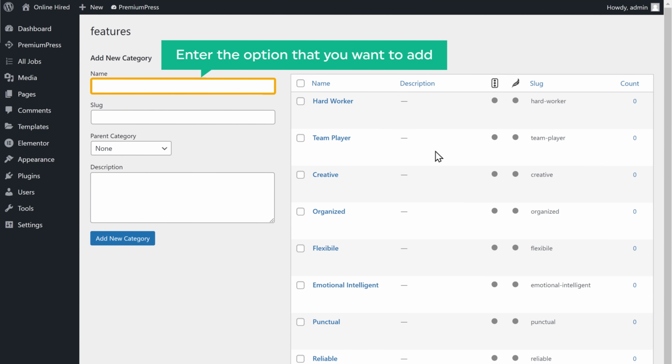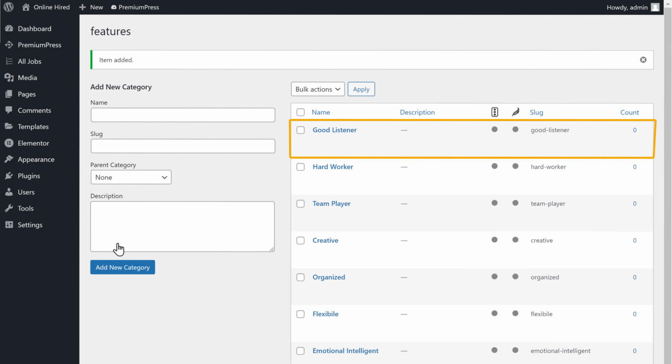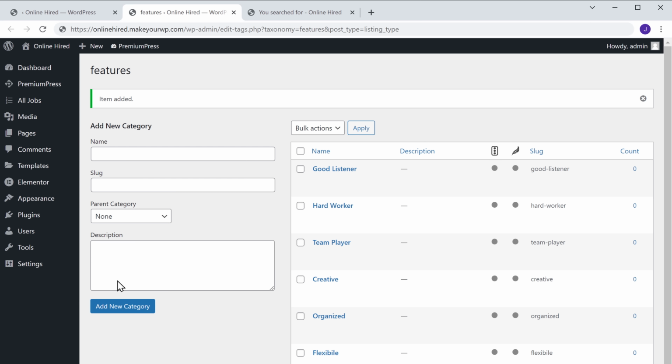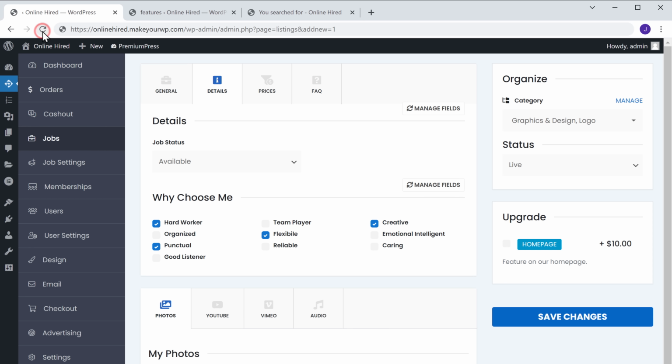Now enter the option that you want to add. Click Add New Category and it will be added to the list. Now if we go back to this tab and click Refresh, you can see that we have got the option under this section. Now select it,